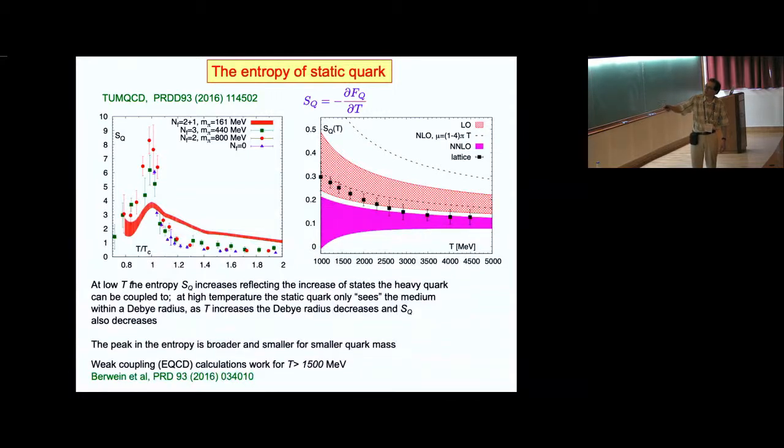there's a deconfinement transition which manifests itself in terms of this quantity, the entropy of a static charge, as a divergence at the deconfinement transition temperature. It is still present if the quark mass is heavy, so you don't have very light dynamical quarks, but it slowly gets washed away as you go towards the physical quark mass, and this huge peak, which is there even at 440 MeV, becomes a very, very small bump by the time you go to